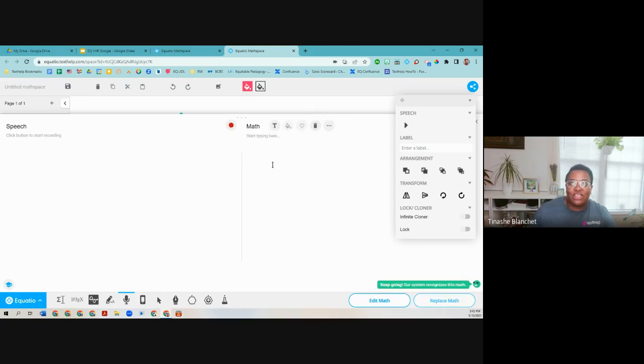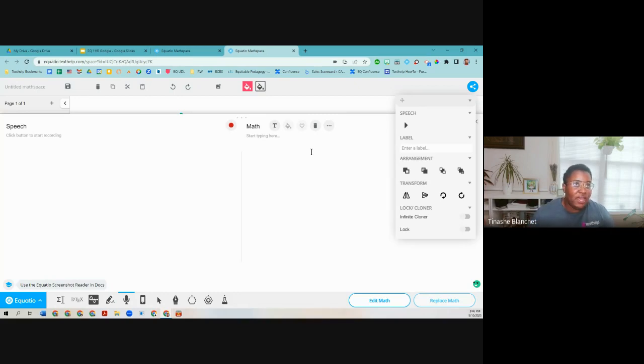Now, another cool thing about speech input is that it also picks up language. So let's say you have a student who speaks Spanish. Then that student will be able to change this language to Spanish, and then they will be able to say that math in Spanish, and it would still give them that digital math. So this will be a great one for your ELLs as well, right? And then for you, Michelle and Jamie, when you're dealing with students who have disabilities that may prevent them from being able to write, that speech input tool could be a big deal for them as well, because now they're not having to type things in or write them down. They can just say it, okay?